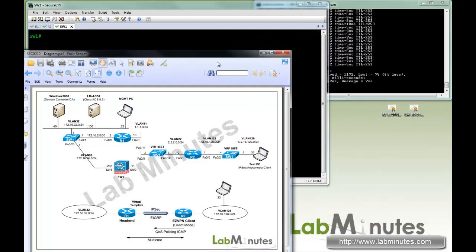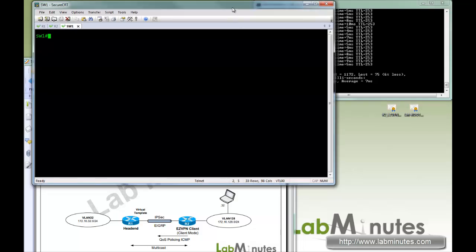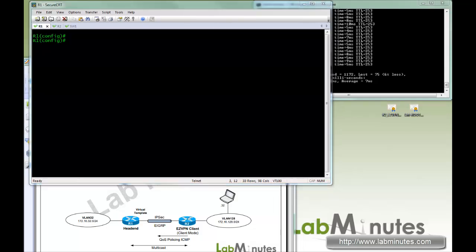Okay, so let's start off with our configuration on R1. If you're familiar with the conventional dynamic crypto map on the EZVPN, the majority of the configuration will be very similar with minor changes, which we will look at in a sec. So first off, we're going to do